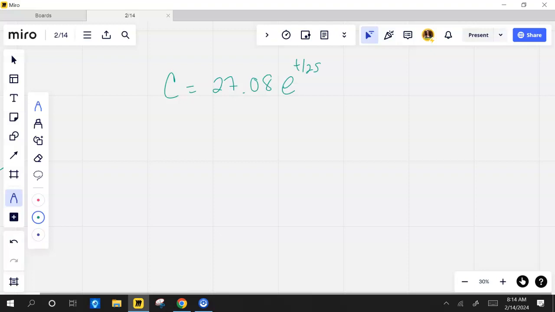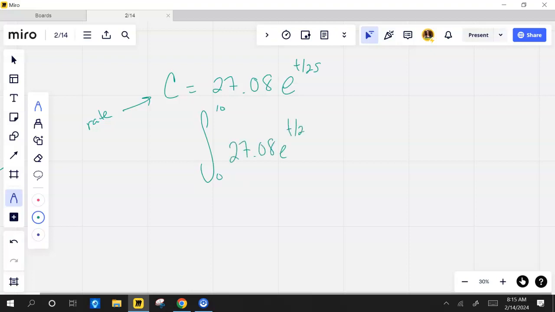So I'm looking at a time of what? 10 years. And it tells me that this is the rate. So rate tells me that it's already a derivative. I need to go backwards on that. I'm going to do the integral from 0 to 10 of